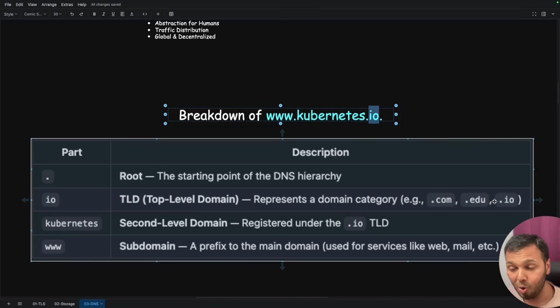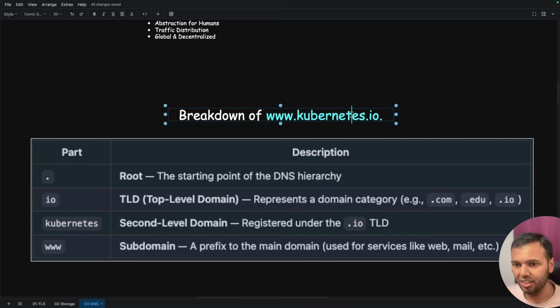And .io is a costly TLD these days. If you register a website under the .io TLD, then you will have to pay a hefty amount for that. When you compare that with other TLDs like .com, .org,